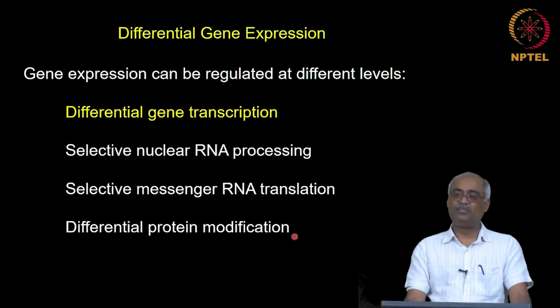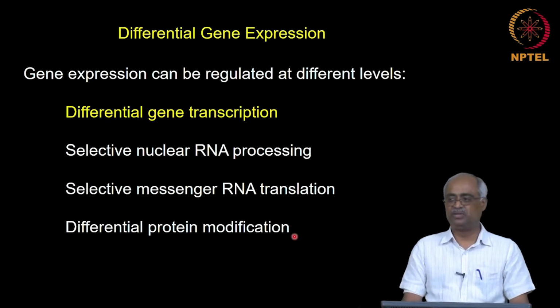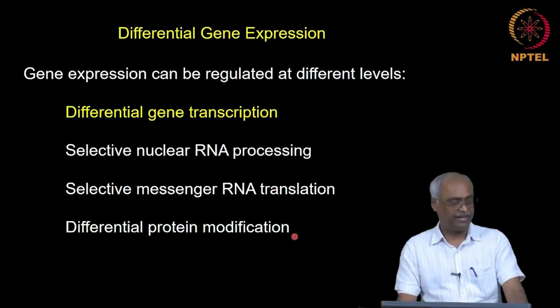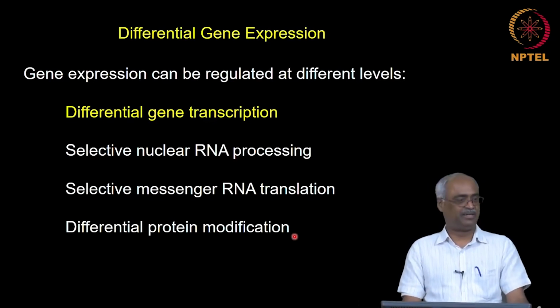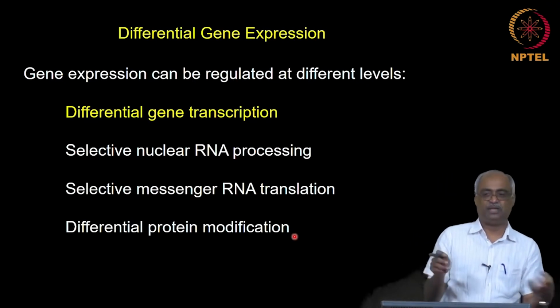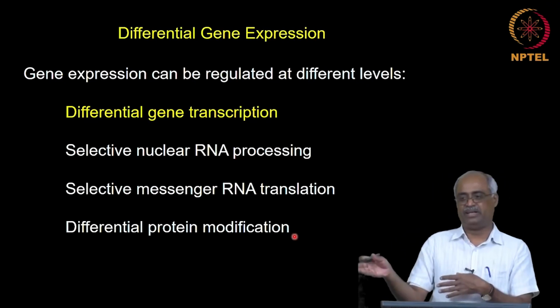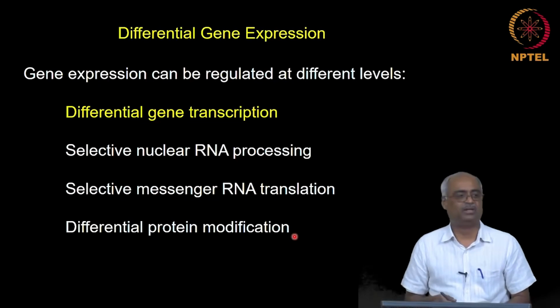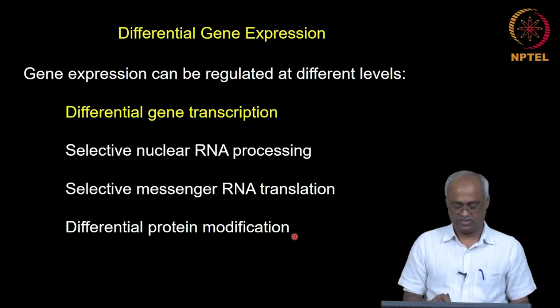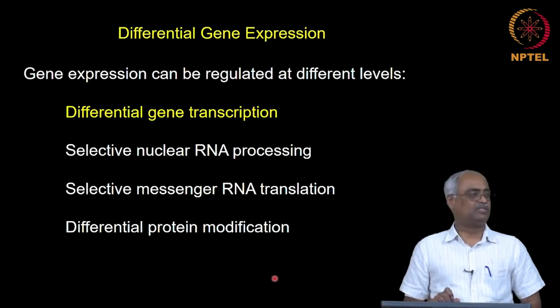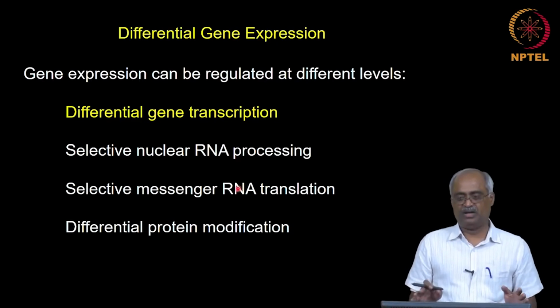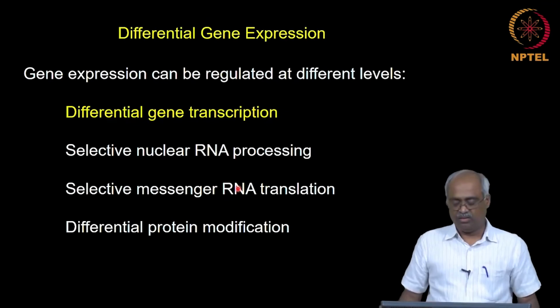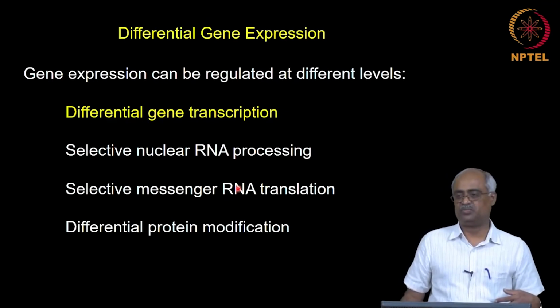And you can have control at the level of protein modification. You have seen two kinds of protein modification if you have attended the biochemistry class. One is zymogen activation, where a protein is made as a pre-pro protein and then cleaved to generate the final product, like some of the hormones and blood clotting factors. And then you have other proteins where post-translational modifications such as phosphorylation activate or inactivate proteins. So, these are the levels at which you can make differences among cell types in terms of which genes are expressed and which genes are not expressed.